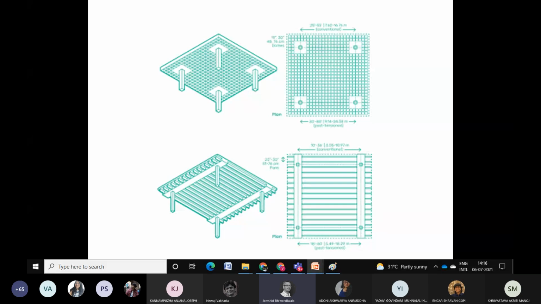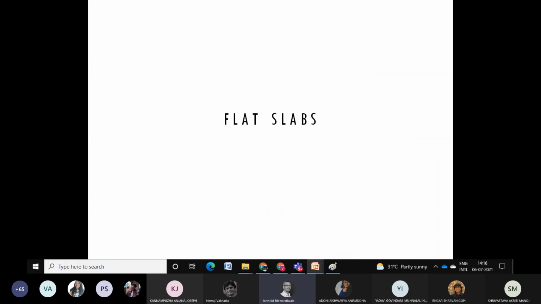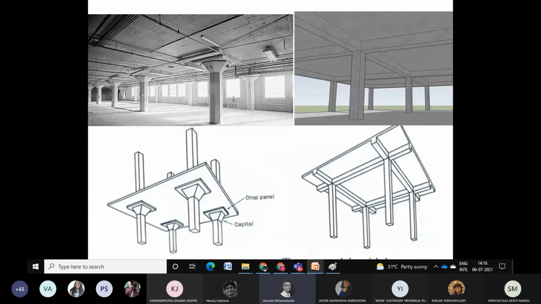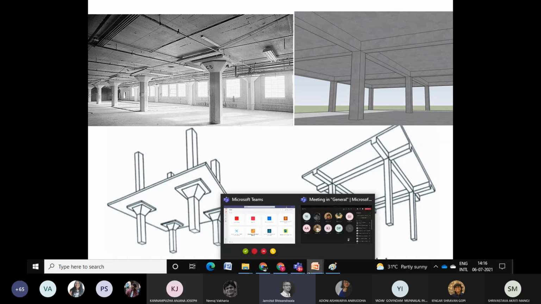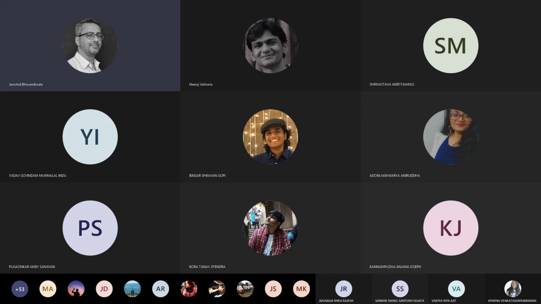So before we get into flat slabs, these are some of what we've got. I don't want to get into flat slabs yet, but I'd like to look further into a comparison between many more slab systems. So till I get the phone on, where I can preferably sketch for you, are there any doubts that you have in whatever we've covered till now? If so, this is the right time to ask.